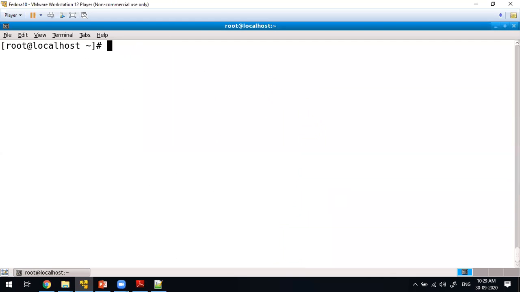Now, I hope it's clear. This is what file permissions are: two ways, absolute and relative, and also recursive. If you have any doubts, you can raise your hand. I'll clear it now.